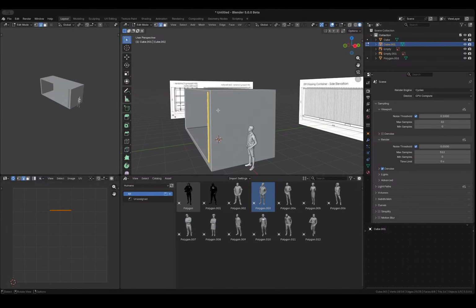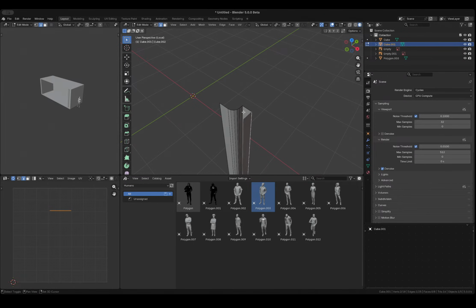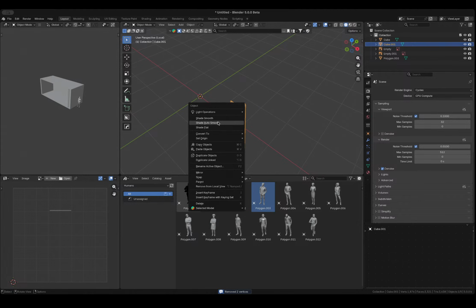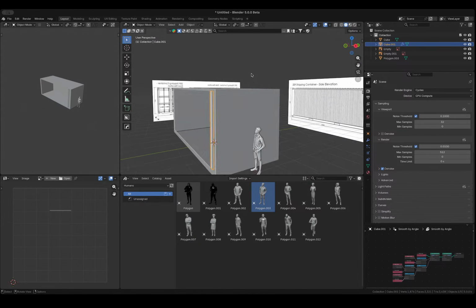So what I'm thinking is that I'm going to isolate this, and then for this back too, they both need bevels. So right here and right here, I'll bevel those just like so. So I can merge by distance, and that's cool. I can shade auto smooth, and then